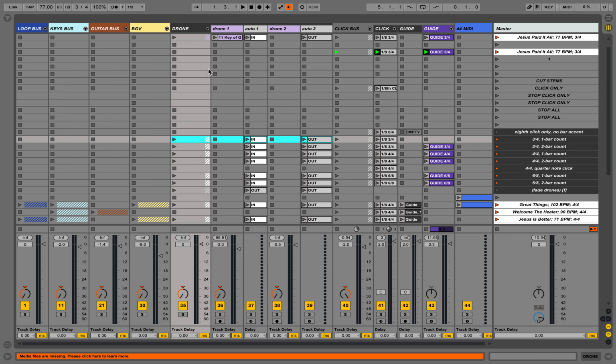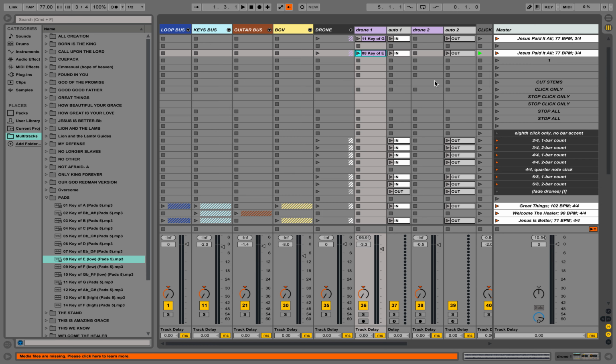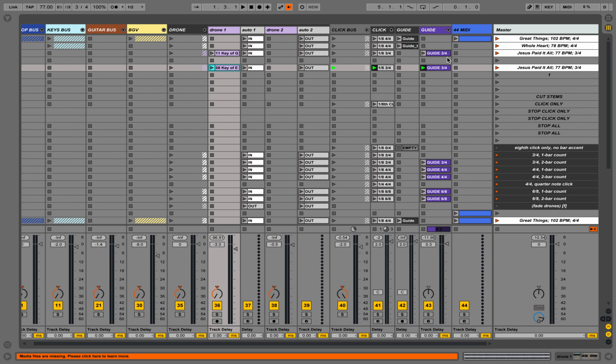Hit Command C. Go up to your new track. Command V. Come over here. Go to your pads. Choose your pad. We'll say E. Drag it there. Boom. All right. So the only difference with Whole Heart, I'm not even going to go through it, is that